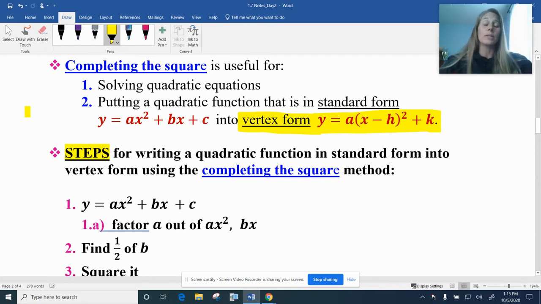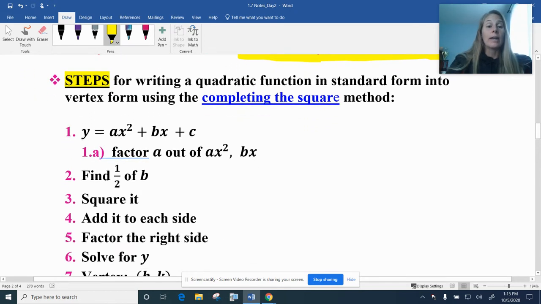Now, the steps for doing this are very similar. The ending is going to be a little bit different. So you just have to really be careful about the directions, because if we're doing a bunch of problems and putting them in vertex form, and then we have one where we have to solve, you may end up just getting vertex form simply out of habit. So just be careful, make sure you know what your question is asking. So the beginning portion of this is going to be very similar. You're going to divide out that a, or that coefficient. You're going to move,